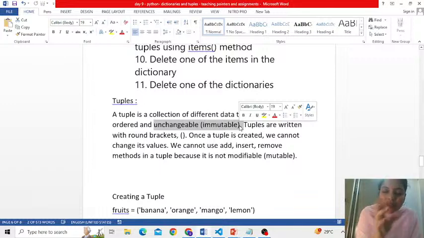Unchangeable, immutable or non-modifiable means what? Once you create a tuple, you can neither add new elements, nor modify any element, nor delete any element. This is the pure meaning of immutable. That's the reason when someone asked me yesterday about sets, I told you it follows the principle of mutability partially. Means you can add, you can delete, but when it comes to update, you have to remove and then